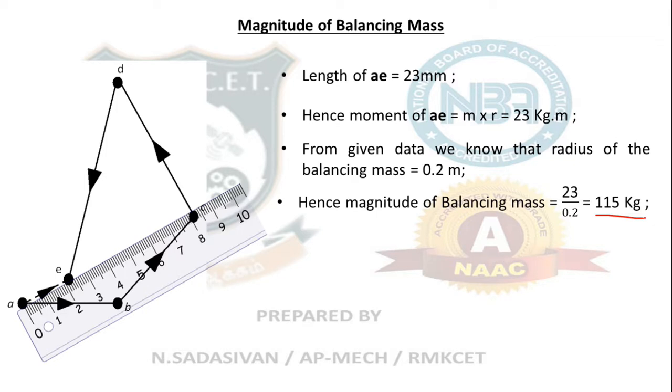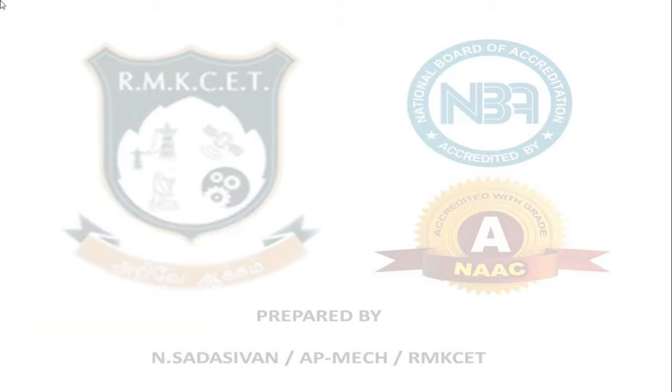So now we are yet to fix the direction. Magnitude you have found out. There are two answers. What did you get from the analytical method? Two answers you got. One answer is the value of m, second answer is your theta, 201 degree you got already. So 115 kilogram, the same answer I am getting again here in the graphical method also. Now direction. How to find the value of theta? So, direction of the balancing mass in graphical method.